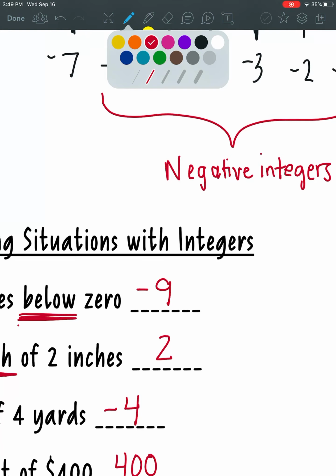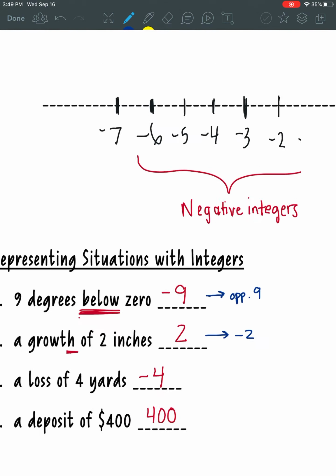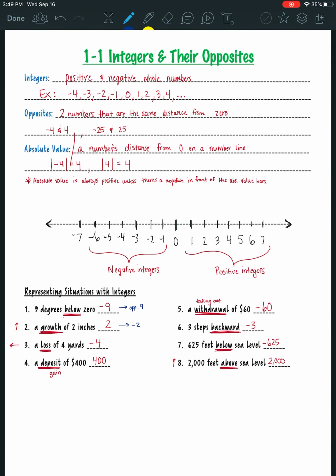Now, after that, you may be asked, hey, what's 9 degrees below 0, and then what's the opposite of that? So the opposite of -9 would be 9. Okay, the opposite of 2 would be -2, and so on. So you may be asked to describe a situation